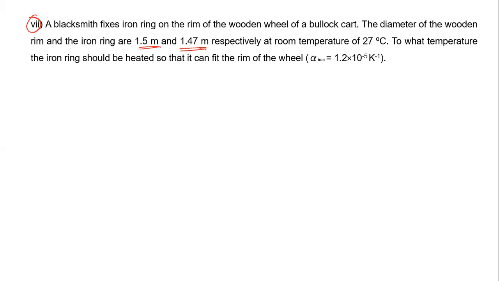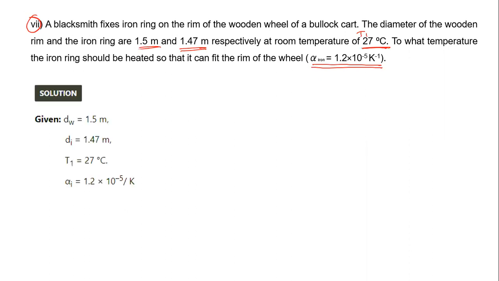At room temperature of 27 degrees Celsius, to what temperature should the iron ring be heated so that it can fit the rim of the wheel? Alpha for iron is given here. So you have to find out temperature 2. So temperature 1 is given and temperature 2 you have to find out here. So this is a length of